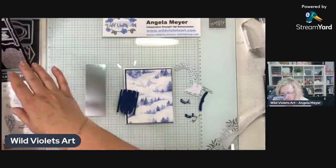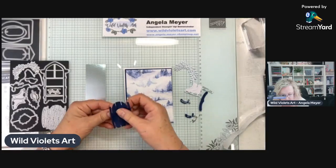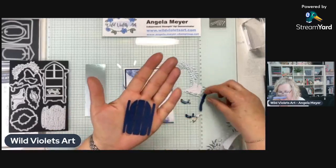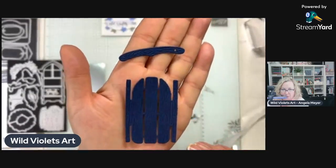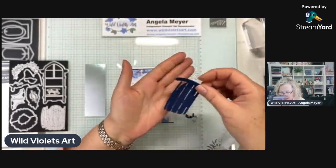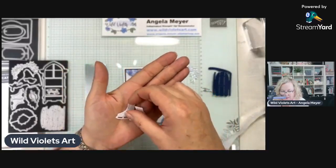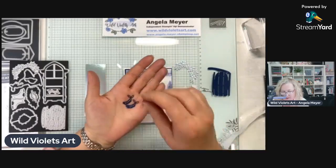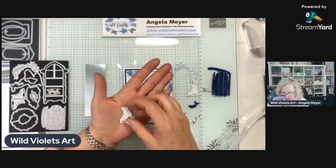Okay, so what I've done is I have cut out sled pieces. Let me just get some of these extra pieces out of it. As you can tell, this is what you would typically put your feet on. Let me just show you up close so you can see the wood grain in it. It's just wonderful. I love it. It's just such a cool die. And then I have cut a couple of skates, and I have cut